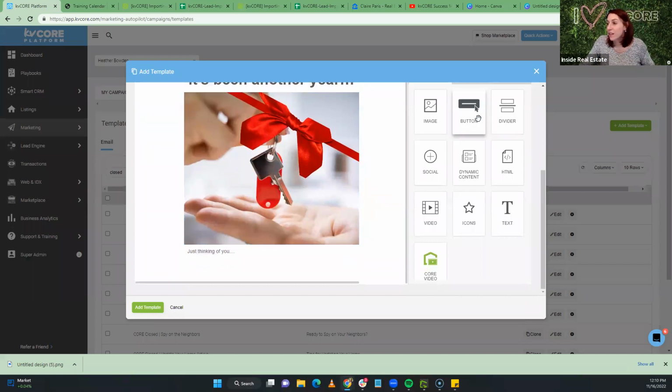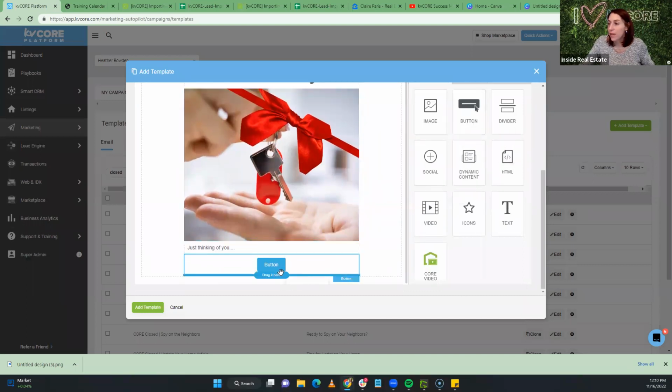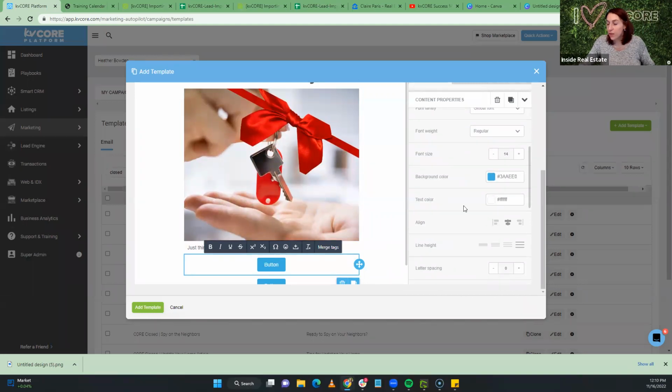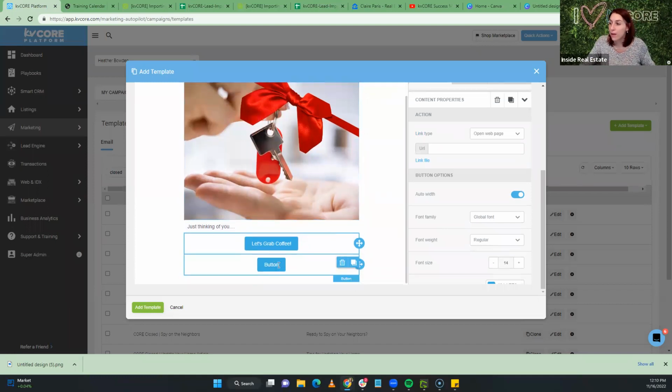And then let's do some call to actions, right? Let's put some buttons in here. And again, you can change these buttons to match the colors on your branding or whatever you want, but it could be, let's grab coffee and put a link to your Calendly, if you have it. If anybody doesn't know what Calendly is, it's just like a scheduler and it's free. You can do a free version for like one meeting. So they have access to your calendar so they could schedule in with you for coffee or whatever. Or, hey, call me